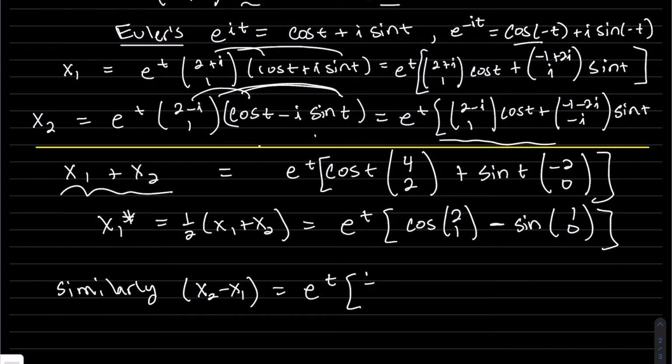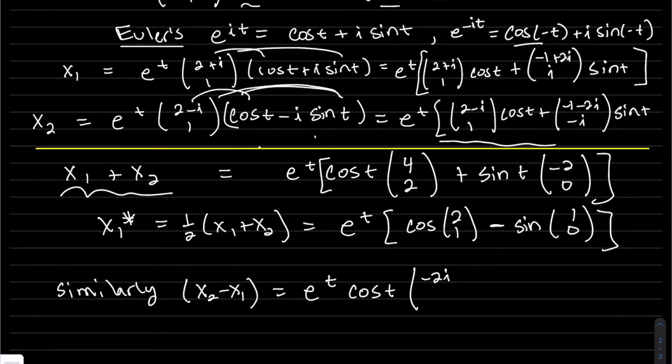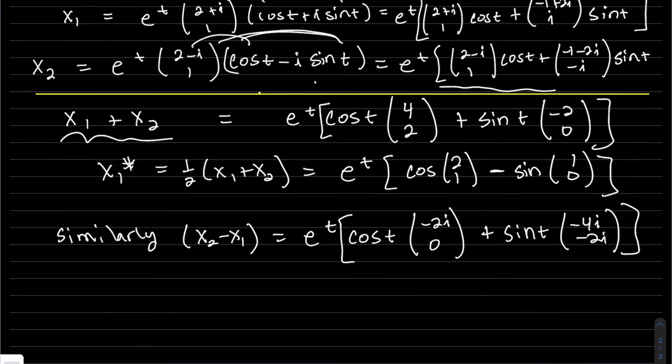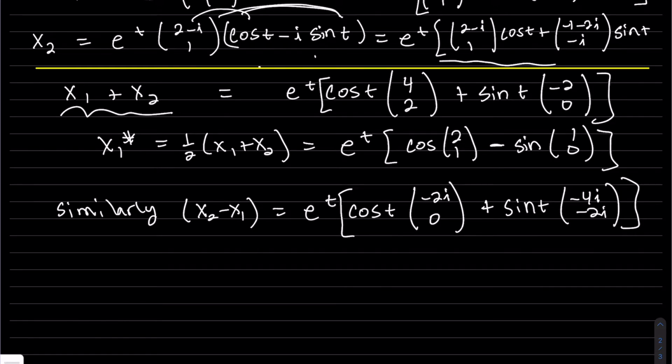Let's write the cosine first. It's in common. And then 1 minus 1 is 0. This minus this, the 1's cancel, minus 4i, minus i. And so my x2 star